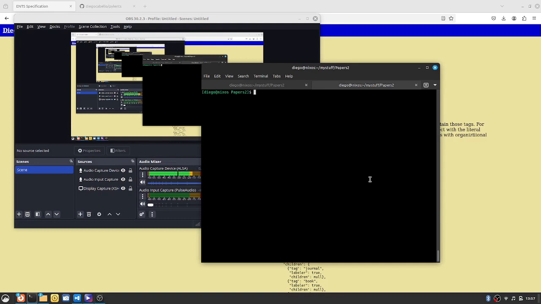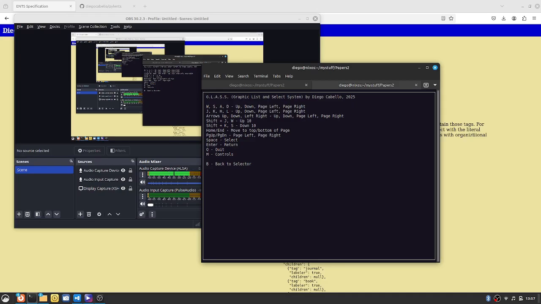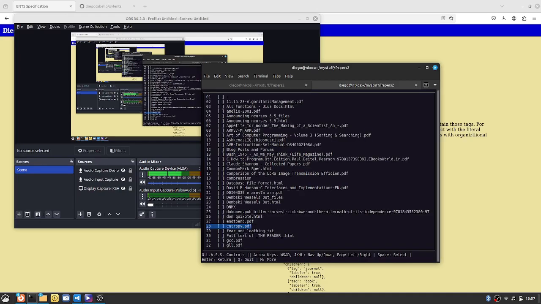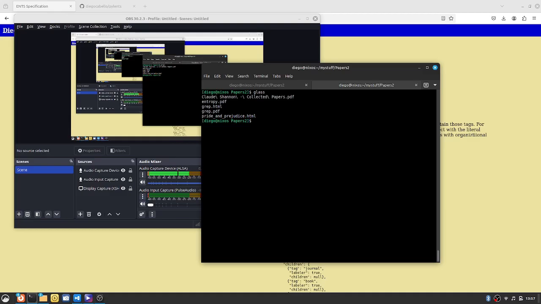And then finally, I want to demo another program called Glass, which I'm supposed to implement with Ents later. It's kind of like the find command, but written in Ncurses, and has Vim-like key bindings for selecting all the files in a folder. And then there are two modes. Right now, the default mode just prints out the file names with backslash-escaped spaces. And then there's also the edit in place mode,